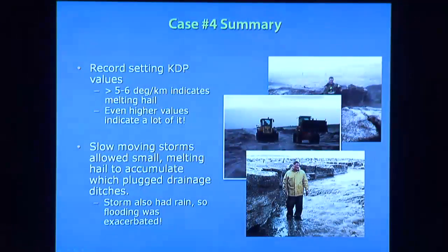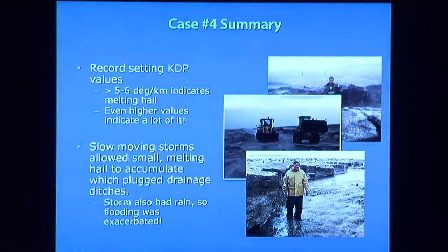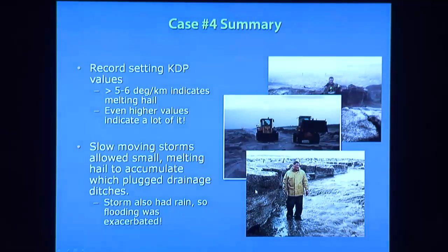Y'all want to see what happened? Here's what happened. Here's this guy. This guy is standing next to a hail drift. These hail drifts got almost 4 feet in some places. And it actually ended up plugging up some drainage ditches and caused more flash flooding than probably what would have happened if we wouldn't have had